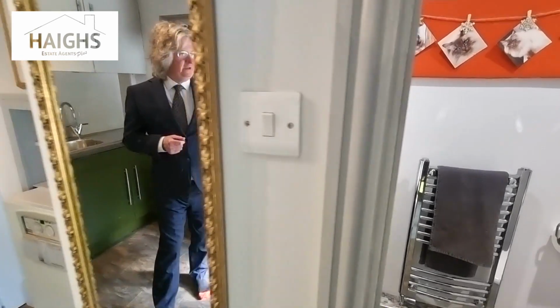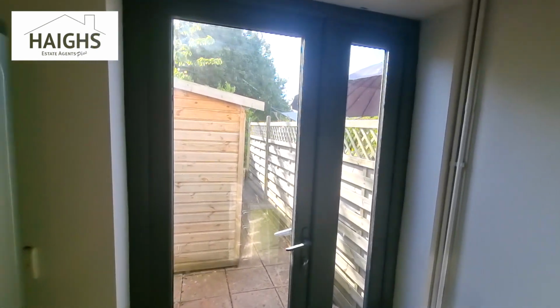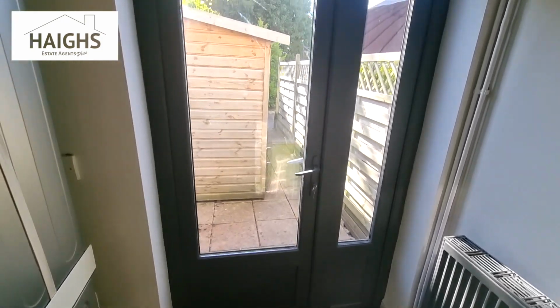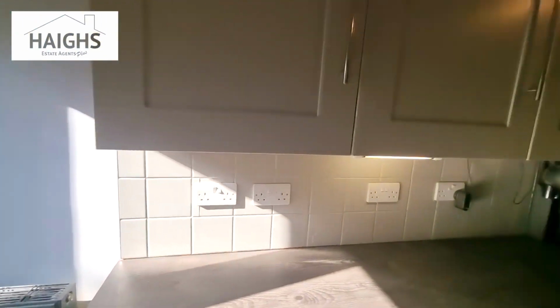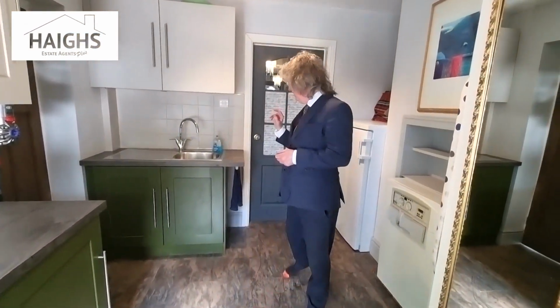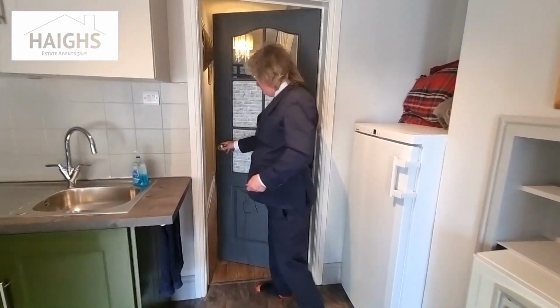And now you've got another back door here as well, just behind you. If you were going to have family maybe using the floor above as a mini flat, you could use that space behind the back door, which you can see is fenced off, so they could actually have their own garden there as well. But as it is, there's a big shed, one of two huge sheds here. But there's something else on this floor that I must show you. And following on from the theme of having upstairs as potentially separate accommodation,